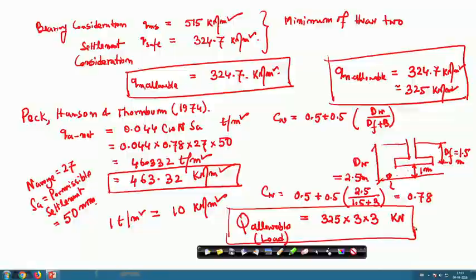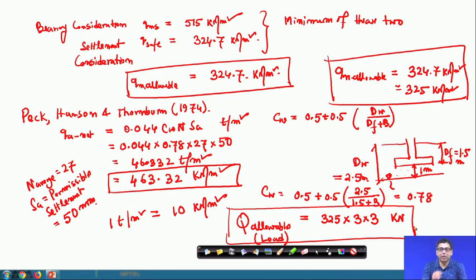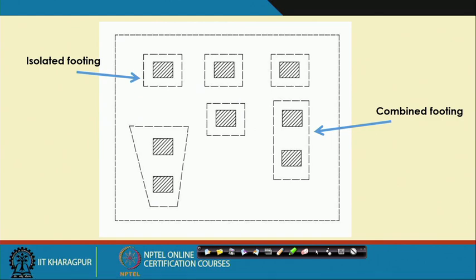Okay. So, here also if it is a raft foundation, then also you can do it for sand. And why I have written 50? Because for RCC on sand or hard clay, for the isolated footing, the permissible settlement value is 50 millimeter. So, that is why I have taken the permissible settlement value as 50 millimeter. Okay. So, the next problem I will discuss is an isolated footing on clay.